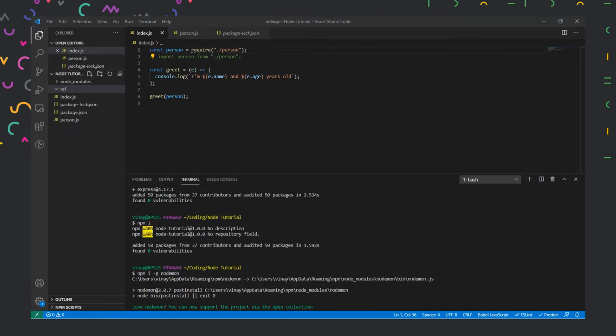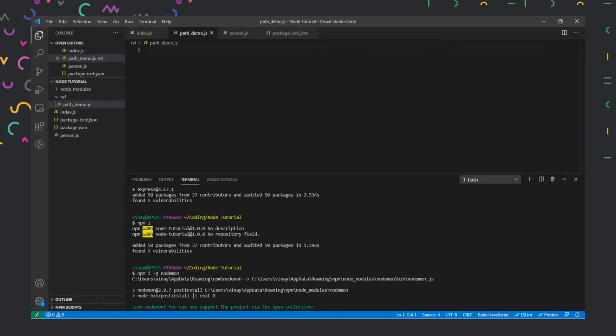the first module, that is called the path module. So I'll create path dot, or I can't use the file name directly as path because it already exists in our Node.js. So I have to give it some other name. Right? Path demo.js. And this path demo.js is used to basically play around with the location of files or folders. So let us first import it from the library.